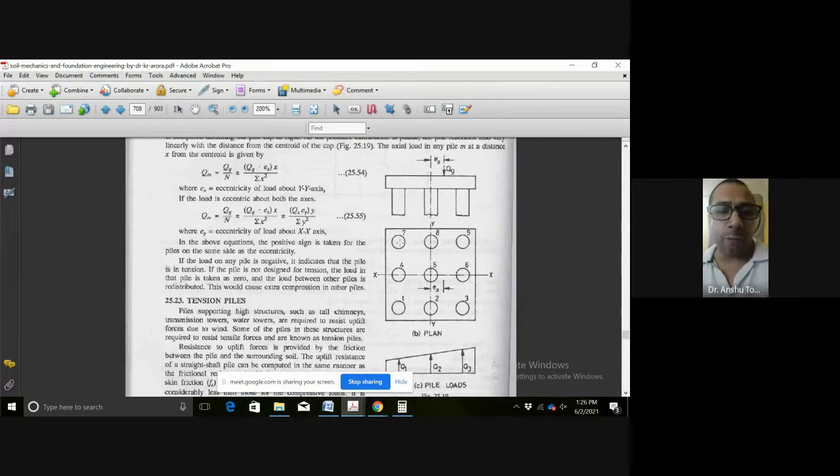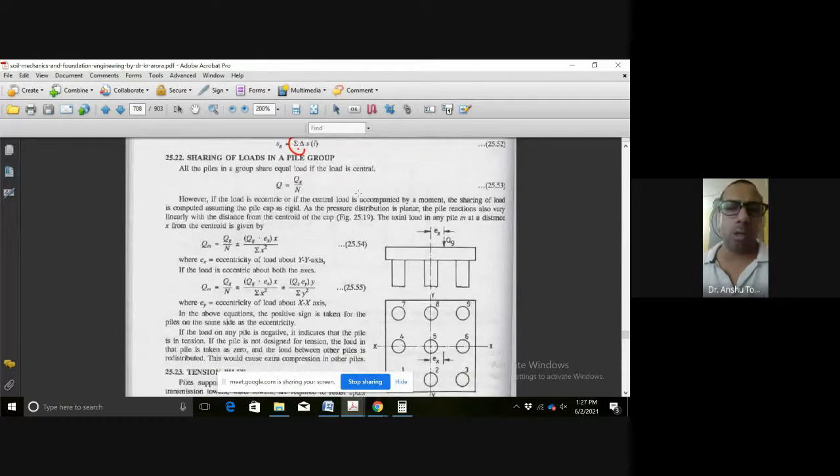So we first found out the eccentricity mx and my. हमने दोनों डायरेक्शन में एसेंट्रिसिटी निकाली थी सेंटर से. इसी तरह से पाइल में भी हमें एसेंट्रिसिटी कंसीडर करनी पड़ती है, Ex और Ey. Now considering the value of Ex and Ey, we are going to find out the total stresses, and subsequent to those total stresses, we can design those piles or a pile group. So how we can do it?